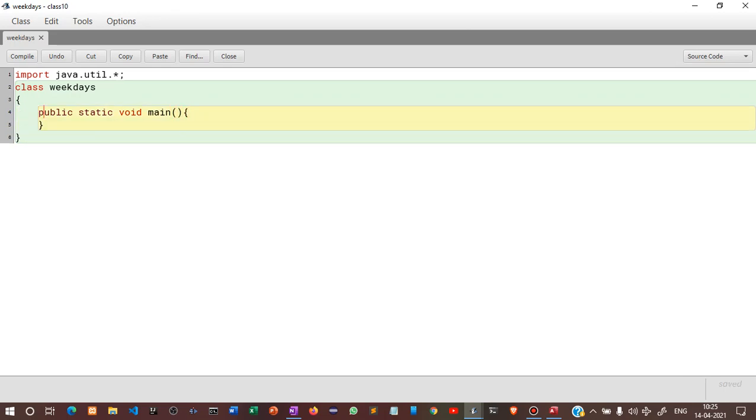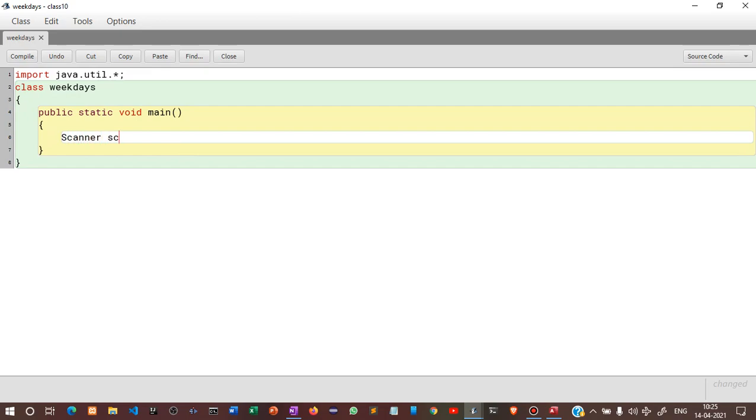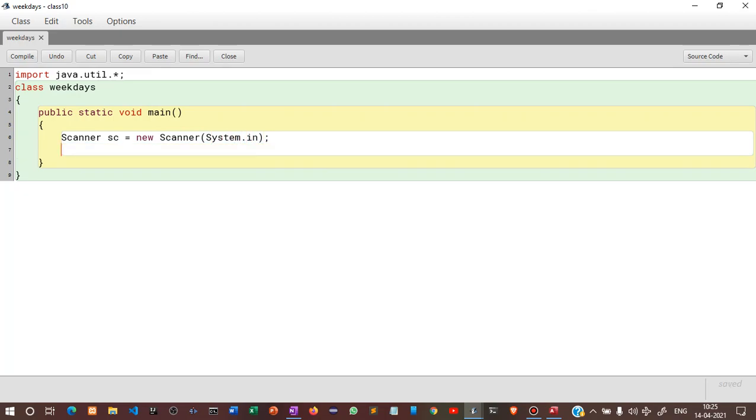Then you will write again Scanner sc equals new Scanner(System.in) to accept the weekday from the user. Then you will ask the user to input the day number: System.out.println("Enter weekday number").